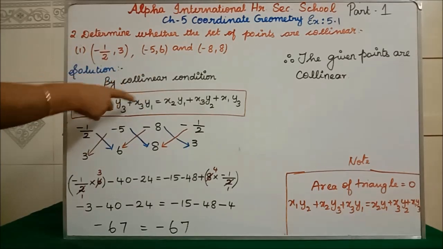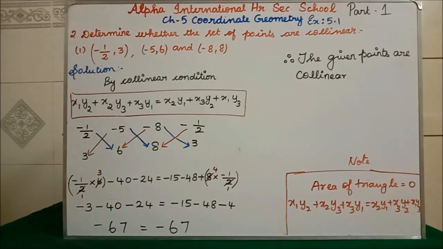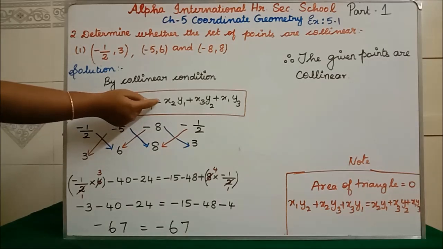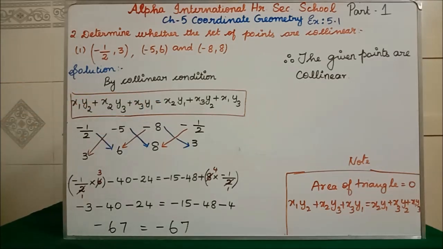This is where we have got from. This is we have got from the area of the triangle. Inside we have written, no, that portion only this is. In area of the triangle in middle you will have minus, instead of that here we are having equal to, that is the difference. Clear now? We have obtained from the area of the triangle this formula.